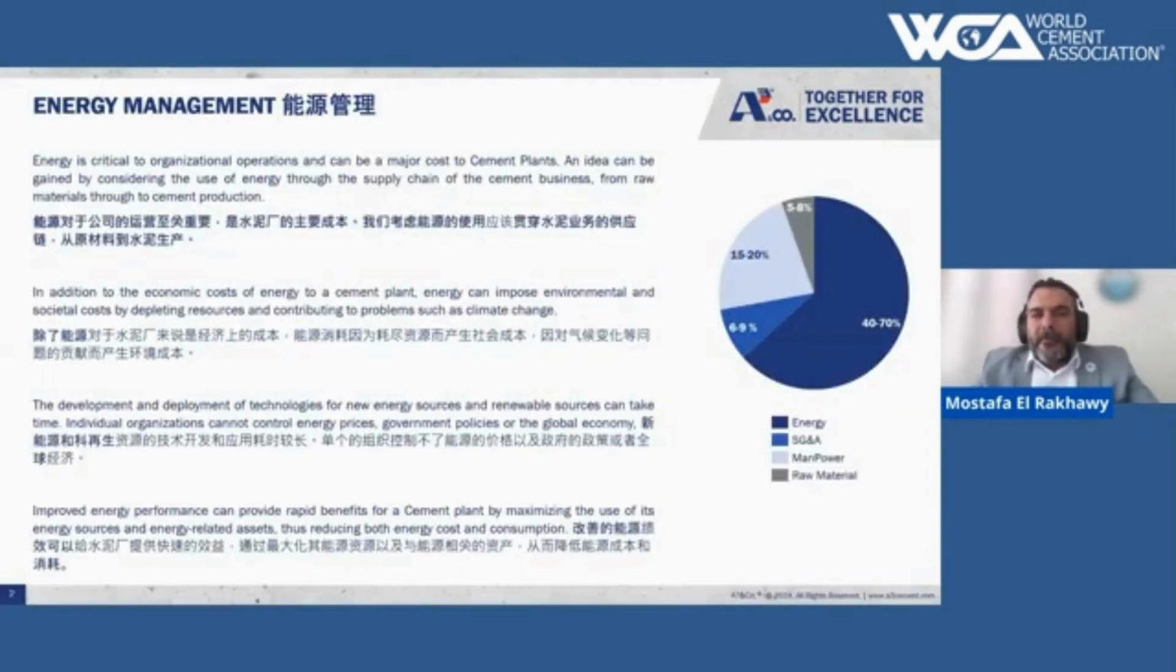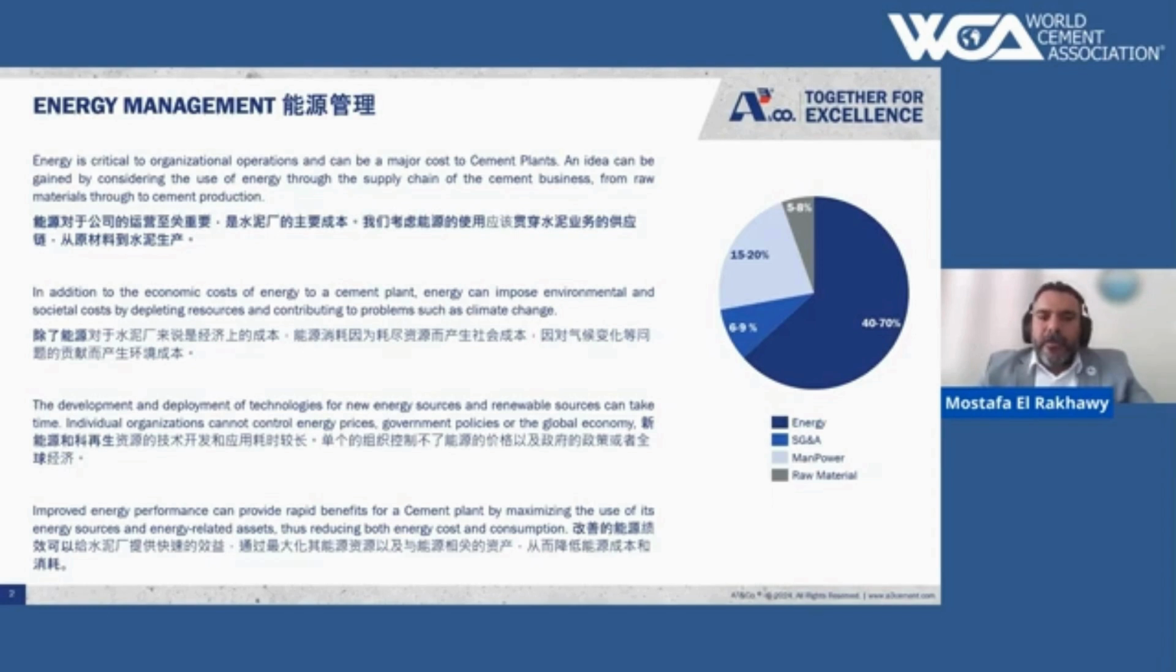I want to share with you this energy management overview for cement plants, how cement plants can deal with energy management on the plant level mainly. I will start my presentation with an overview on what is the effect of energy management on a cement plant. So energy cost in almost all cement plants represents around 40 to 70% of the total cost of cement production, depending on the plant context: which country the plant is operating in, what the energy costs are in that country, how it is sourcing energy, and how the plant is managing its